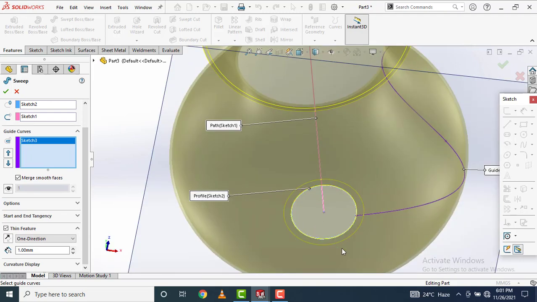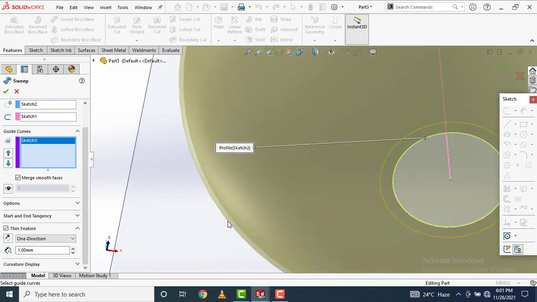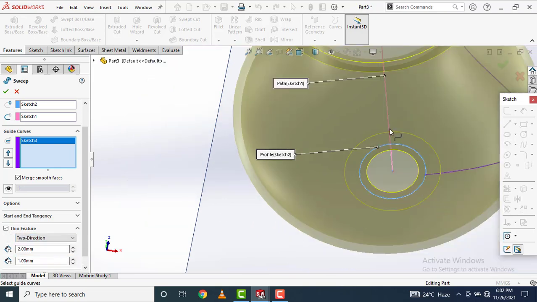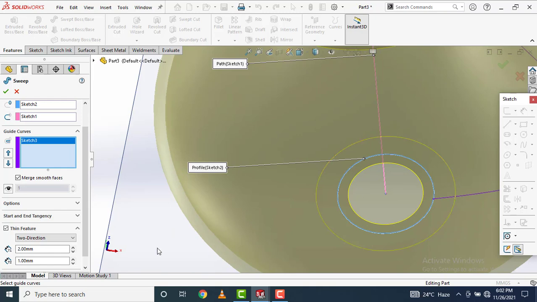See, by default 1 mm thickness is provided here. We can change it to 2 mm, like this. In this case, the thickness is provided in one direction because one direction is selected. When you select two direction, you can provide thickness in two directions like this.